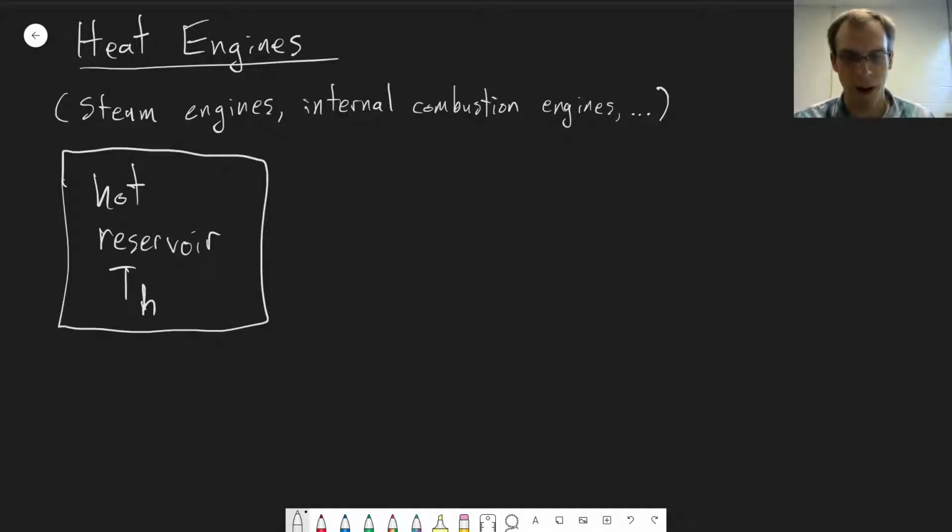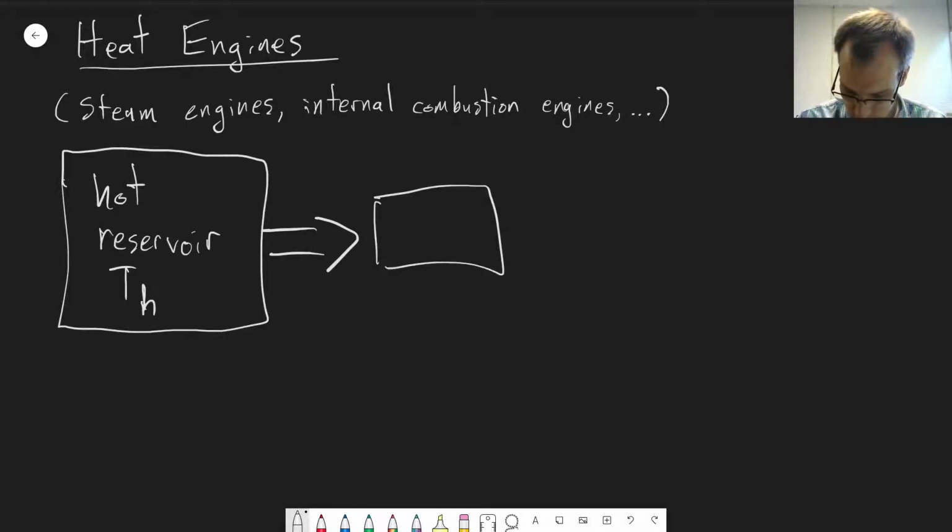Or in the case of our car, the fuel-air mixture is combusted, and that generates the heat that drives our engine. We want to turn that into some sort of mechanical work, so that energy is input into our engine, and then we produce some amount of work,